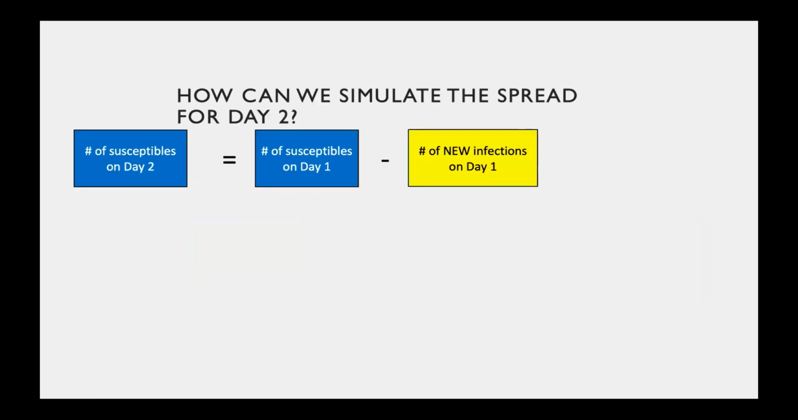Now, one thing I just want to note for this presentation is I'm trying to avoid using too many equations or too many Greek letters. So here, I'm going to be using boxes to represent the number of individuals in each compartment. Blue is going to represent the number of susceptibles. And you can see here that the number of susceptibles on day 2 is equal to the number of susceptibles on day 1 minus the number of new infections on day 1, okay? We're going to get to how to calculate the number of new infections on day 1 later, but just